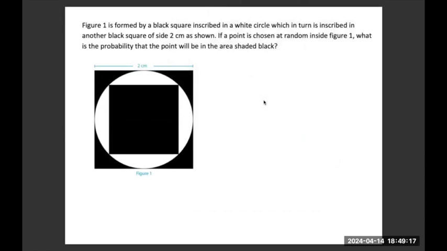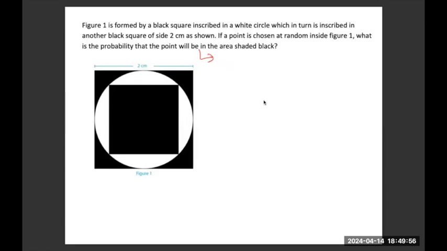Now you're given a figure which is formed by a black square which is inscribed in a white circle, and the side of the square is given to be 2 centimeters. If a point is chosen at random inside figure 1, what is the probability that the point will be in the area of the shaded black part? This probability, the probability that a point will fall in the black shaded part, will be equal to